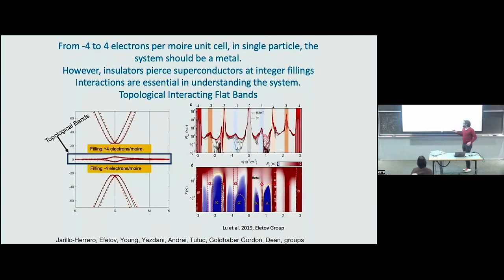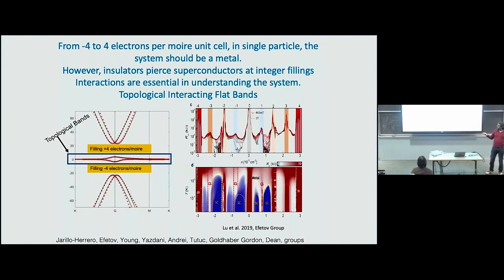So, as I said, you take two layers of graphene, you rotate them a little bit, and what you get is 2 bands per valley per spin, which you can fill from -4 electrons to 4 electrons. So this is kind of the convention. And this is the model, the celebrated continuum model. In this particular case, it is the Bistritzer-MacDonald model, which has extra symmetries that I'll be pointing out. And you see the phase